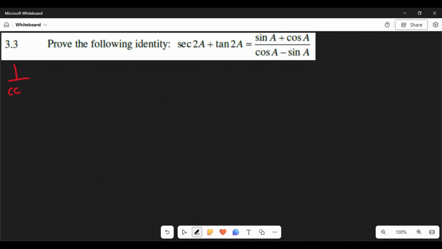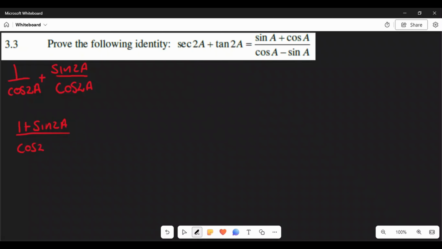So 1 over cos 2a plus. Now for tan, you can change it into its quotient identity, which is sine 2a over cos 2a. Right, so as you can see, these are divided by the same denominator, so let's write it like this. The numerators are going to add, so we're going to have 1 plus sine 2a, divided by